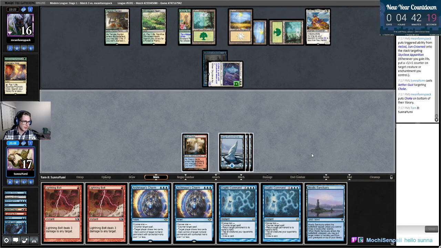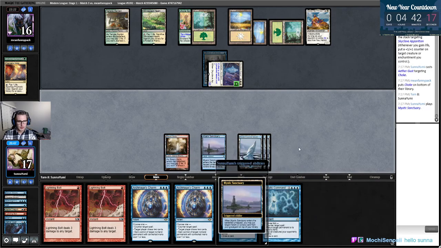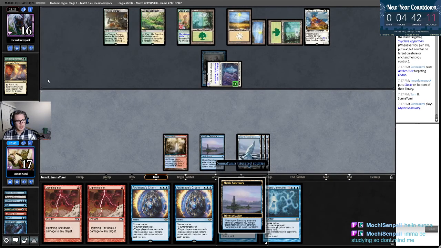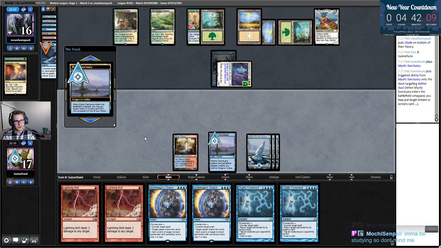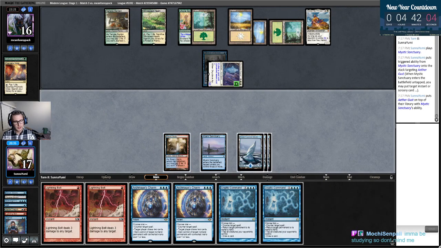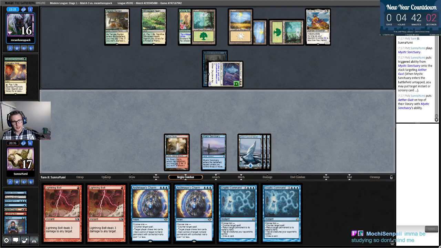Mystic Sanctuary. Let's target Aether Gust here, eh? We're gonna pass a turn. If they want to spend 2 mana to give their Skyclave